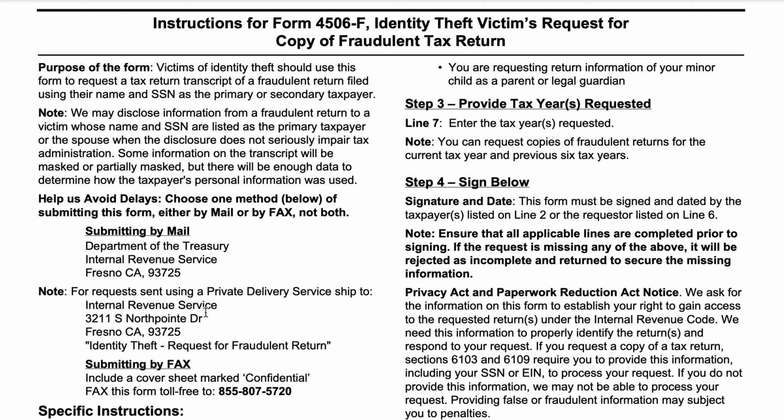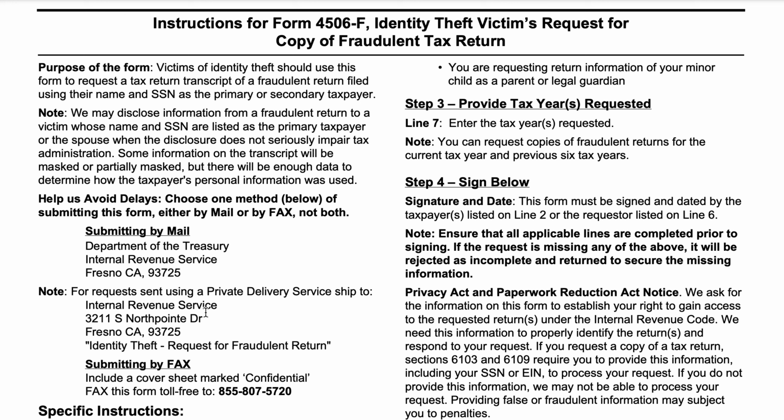You can use 4506-C to allow the IRS's proprietary system to give specific information to those lenders. So we'll put links to all that in the show notes.